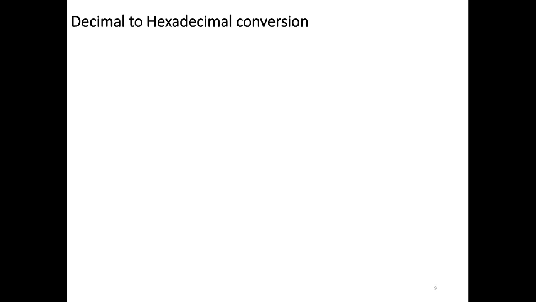Now we will see decimal to hexa conversion. Whenever you see this, you should immediately get in your mind what to do. Decimal to hexa means, as in previous conversions, whenever we tried to convert any decimal number to any other base like binary or octal, what did we do? We repeatedly divided if it is the integer part, and if it is the fractional part, we repeatedly multiplied.